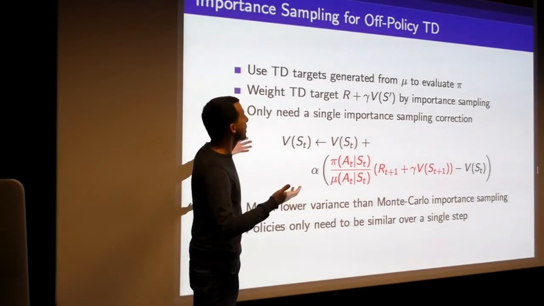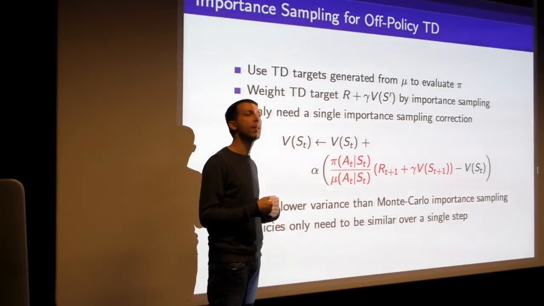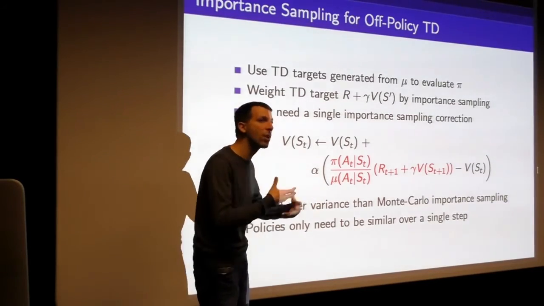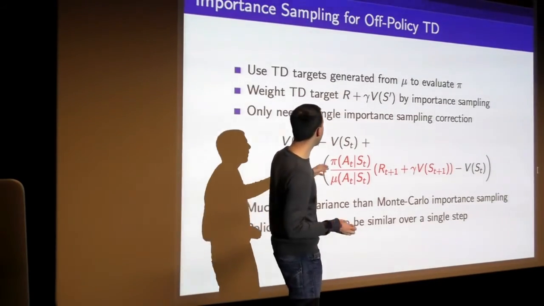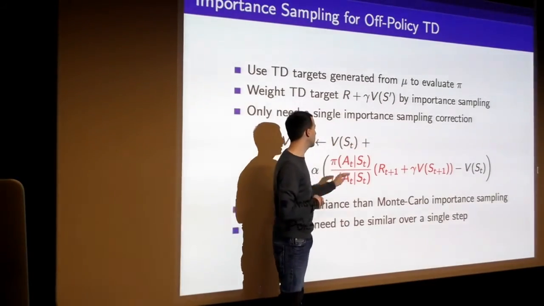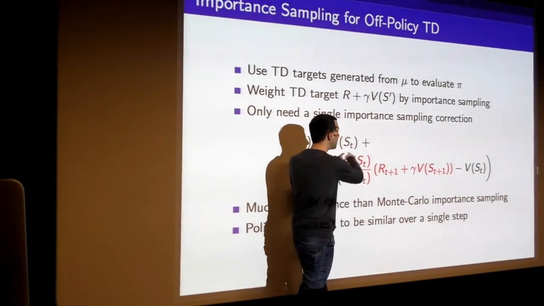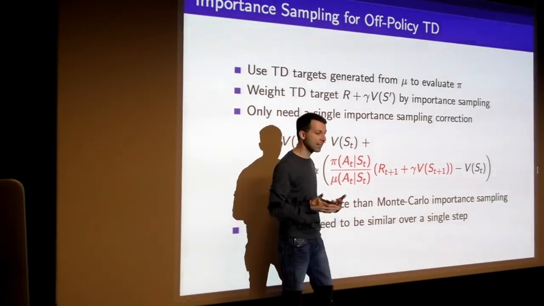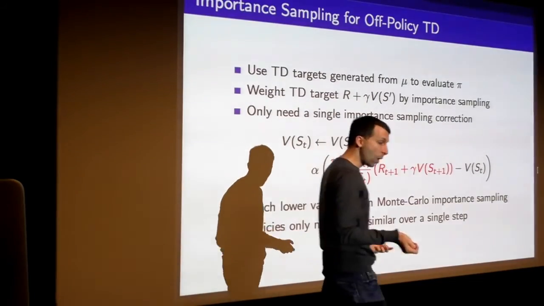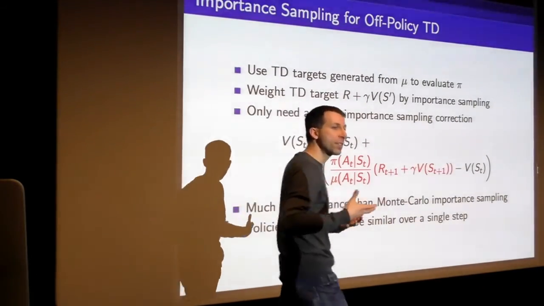And so the simplest idea to use TD learning is just to importance sample, but you only need to importance sample over one step now, because we're bootstrapping after one step. So all you have to do is basically update your value function a little bit in the direction of your TD target. And the TD target now, all we're going to do is take that TD target, like what happened over one step of this action, we're just going to correct for our distribution over that one step now.